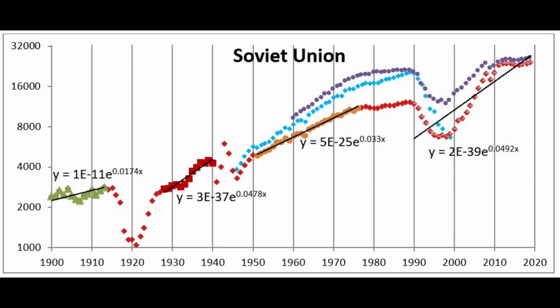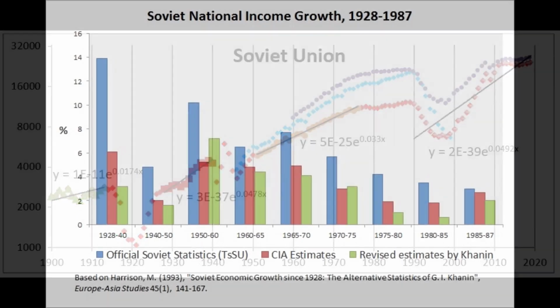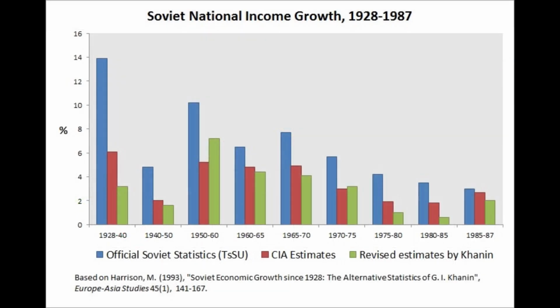And this is a very common theme that we'll see in a few other countries as well. You have to look at not just the rates of growth over periods of time, but what's happened before those times. So I think that it's not at all clear that the central planning under Stalin did anything to accelerate Russian growth. It certainly accelerated the development of heavy industry, which was very important for defending the country in the Second World War, but that's a different question from whether it accelerated economic growth per se.